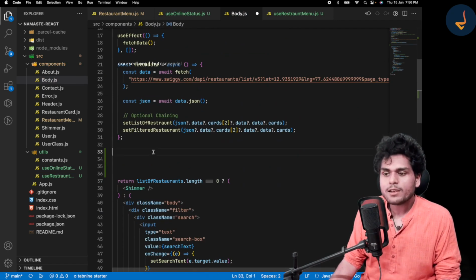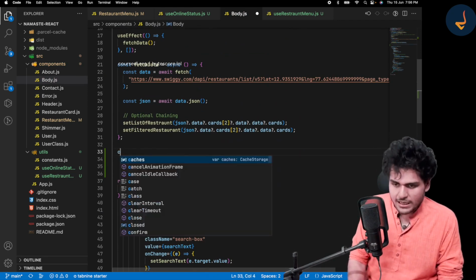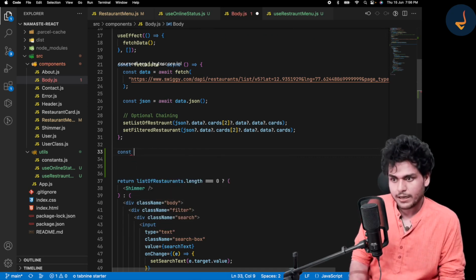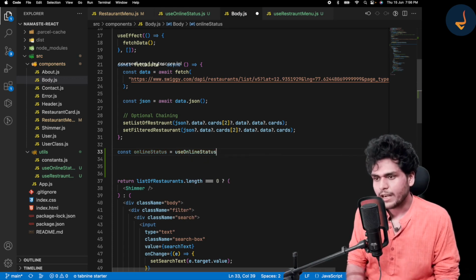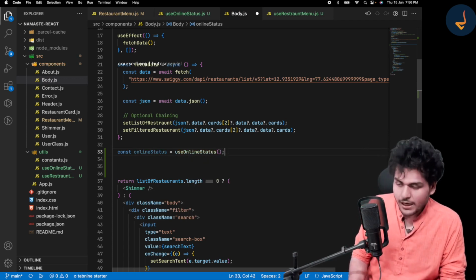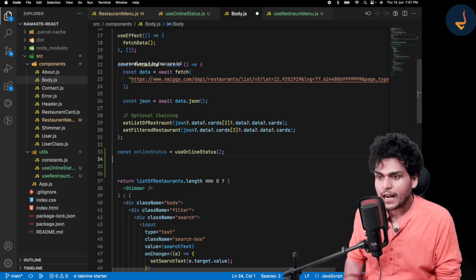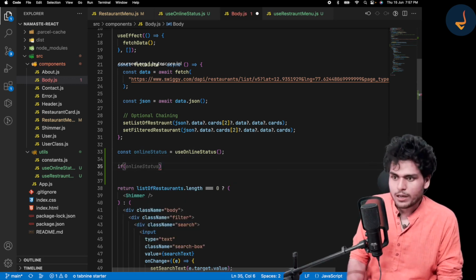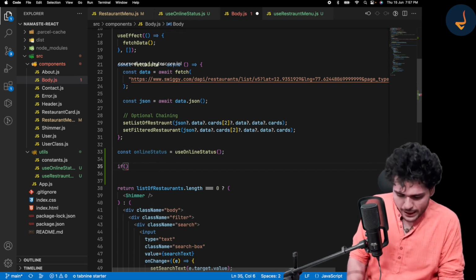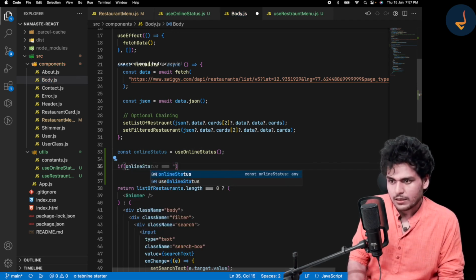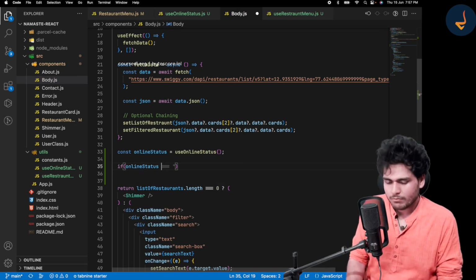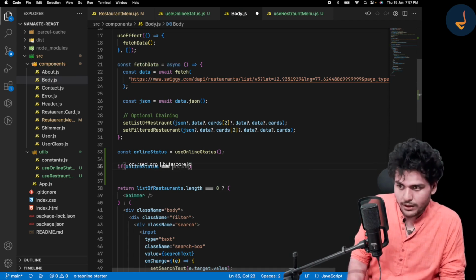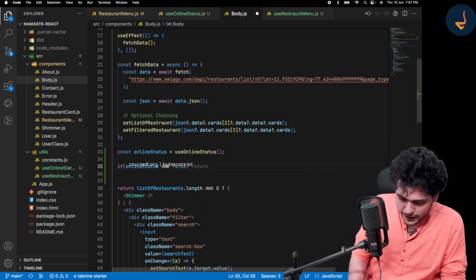Now, how will I utilize it? I will just get my online status here by calling useOnlineStatus. And what will I write? If my online status is equal to false, then what should it do?